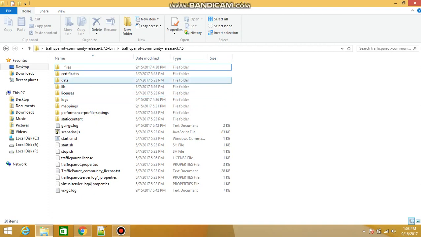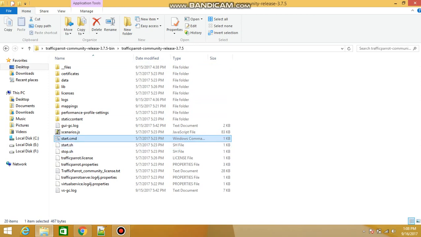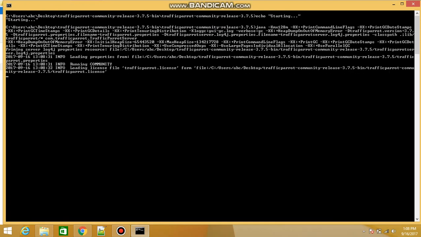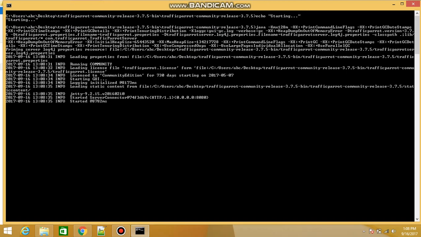In this you need to search for the Windows command script, that is start.cmd. You just have to invoke this and it will initiate all the releases, set the memory, and initiate your Traffic Parrot.